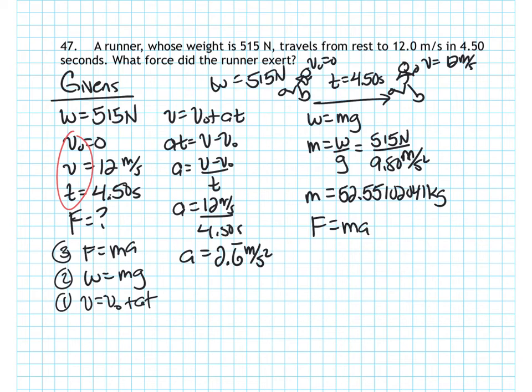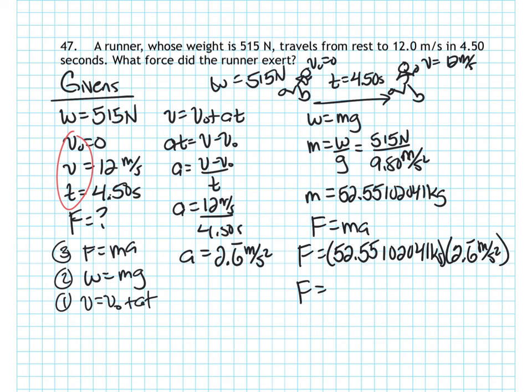Now for the last part, using F equals ma. F is equal to the mass, 52.55102041 kilograms, times the acceleration, 2.6 repeating meters per second squared. And when I do that, I get a force of 140.13605 newtons. If I do this with 3 sig figs, what I'm going to get is the force equal to